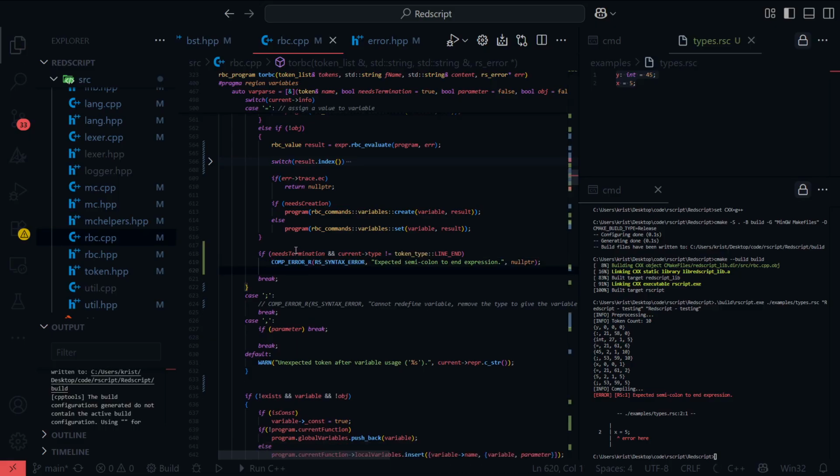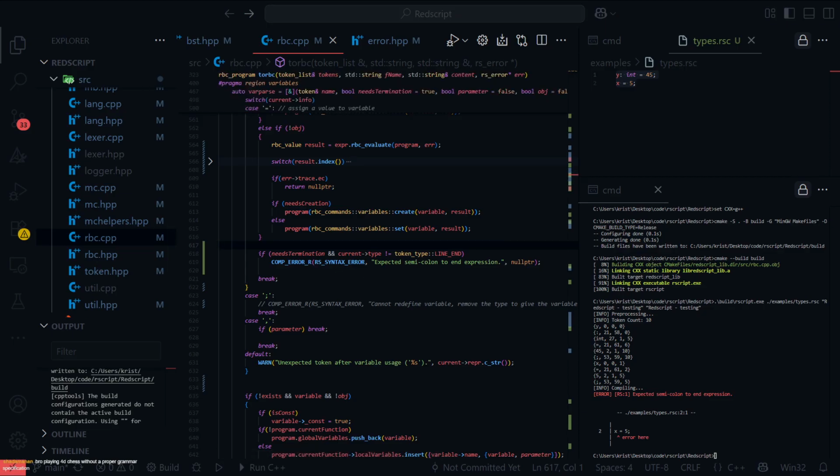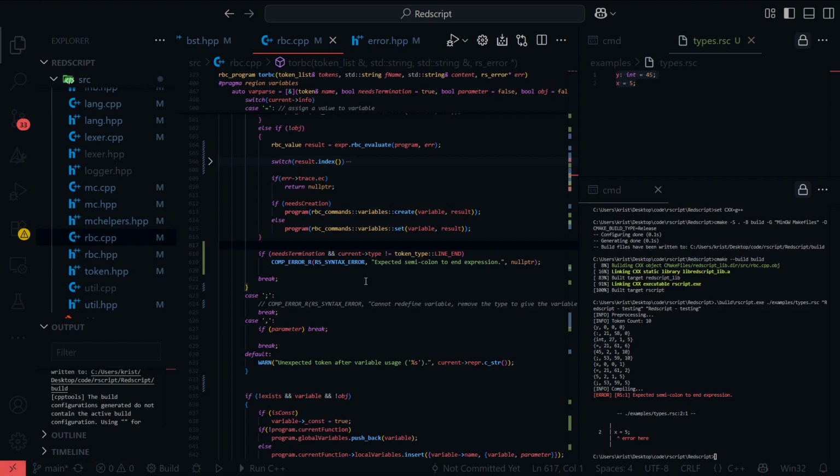Because... .40 chess without a proper grammar specification. What's that mean? I just look, yesterday you came and I had to show you why this function is a shithole because I had to redesign it, you know?